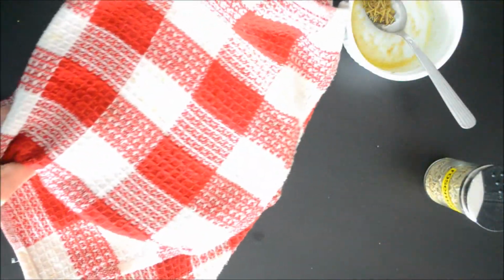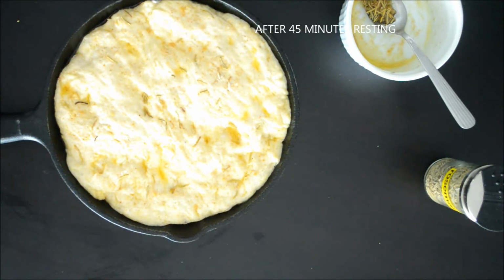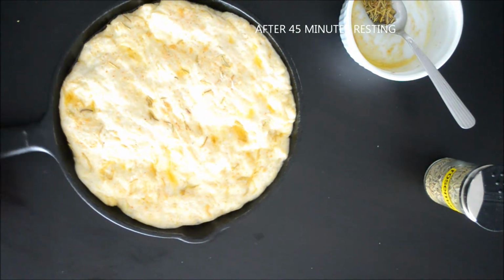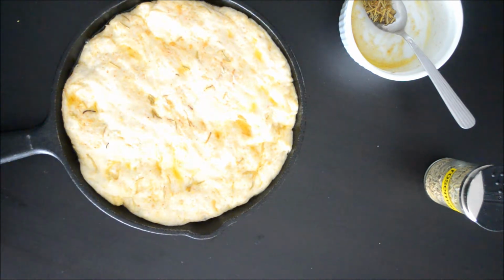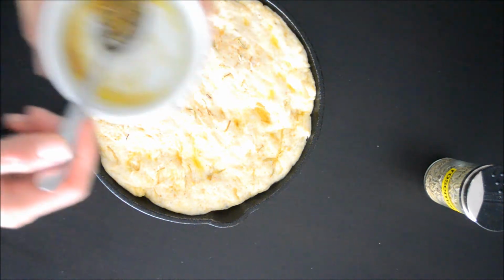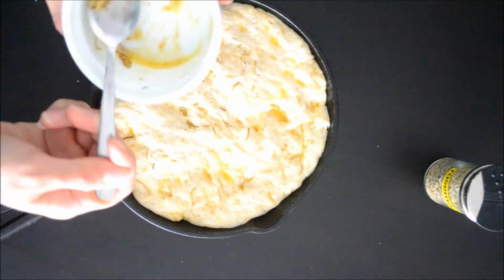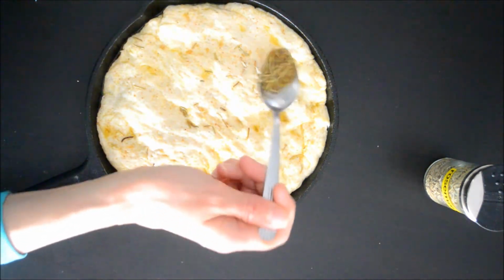Okay, so I've let this rest for another 45 minutes. So this is how it looks like. It almost double in size. It's fluffy. So this is a good sign because that means to say that you're going to have a thick, airy, and soft bread. So I still have some remaining infused olive oil here, and I'm gonna use